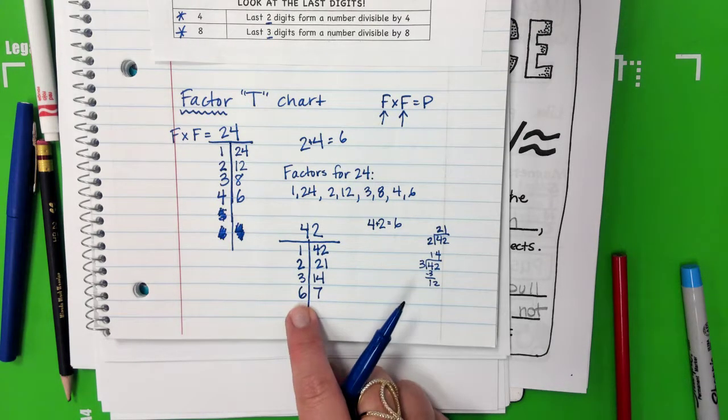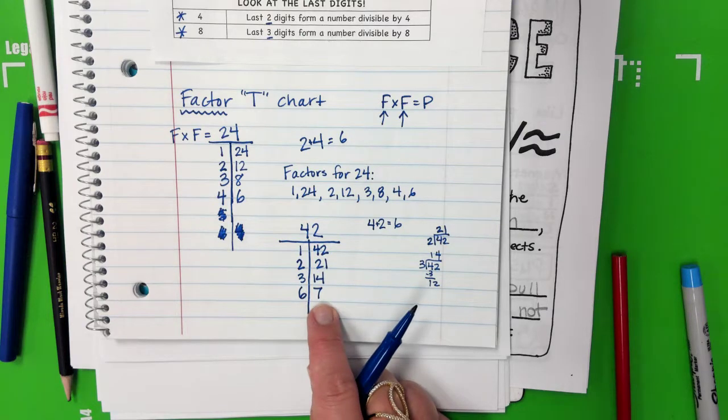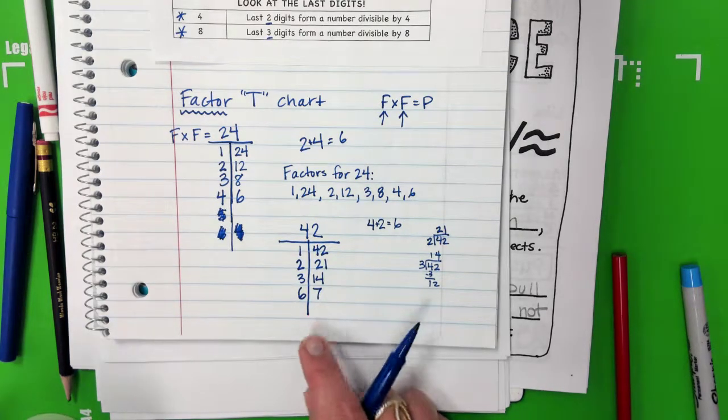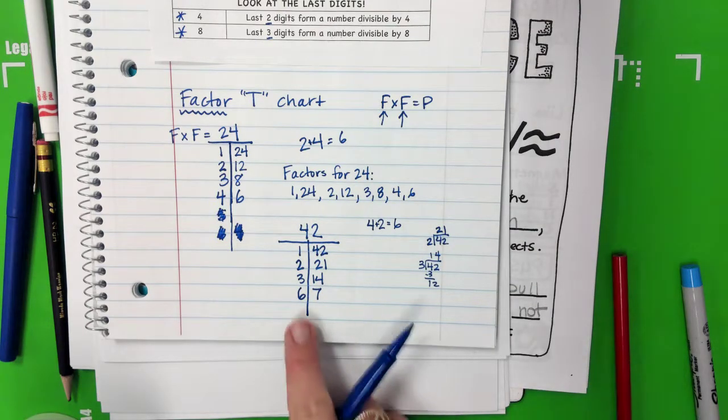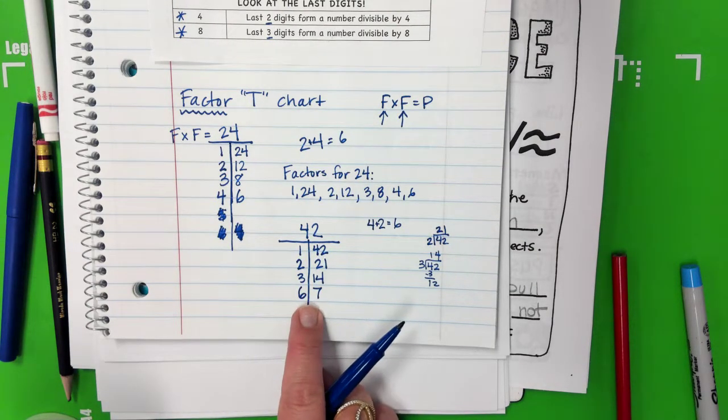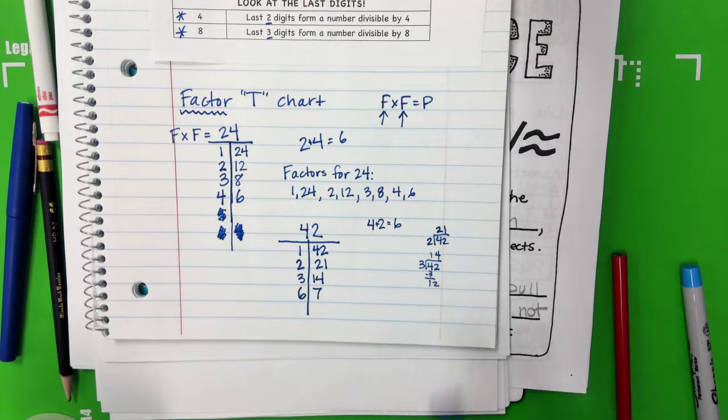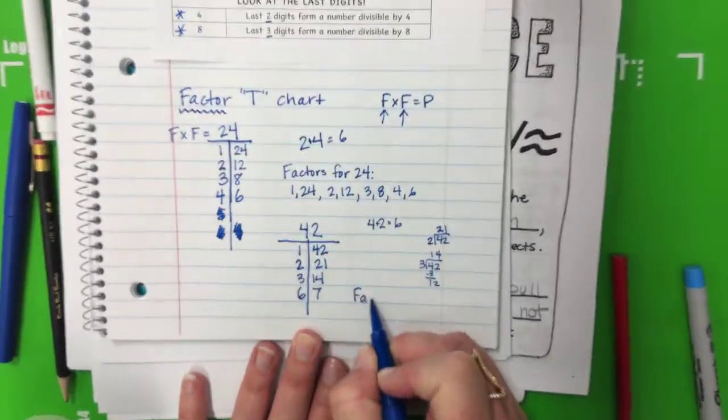We did 6 times 7. What's the number after 6? 7. Well, it's already there. So that means when you have a repeat on the other side, you're done. Okay? Because is there anything different between 6 times 7 and 7 times 6 if you were to flip it? No. All right, so again, let's list our factors